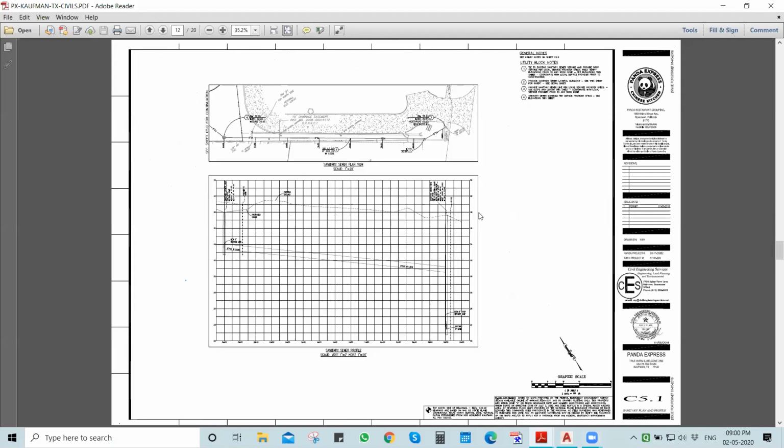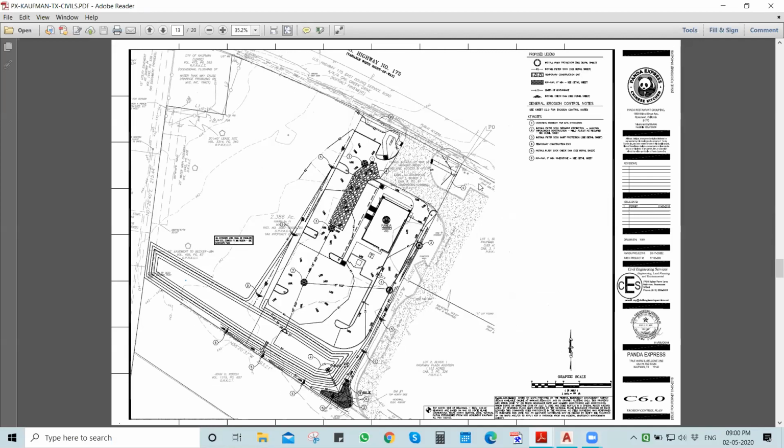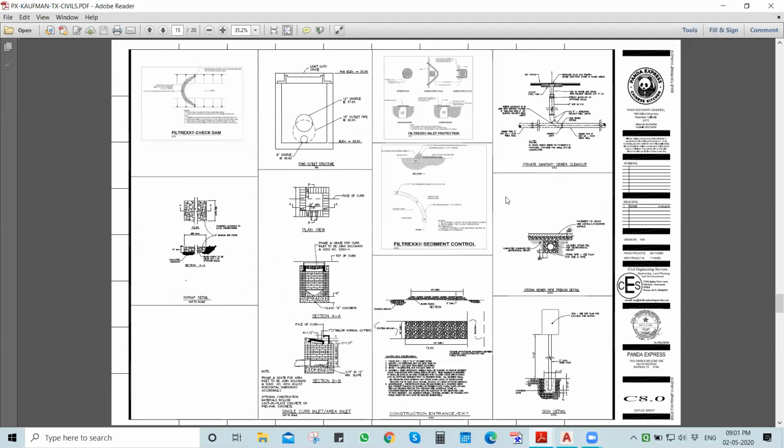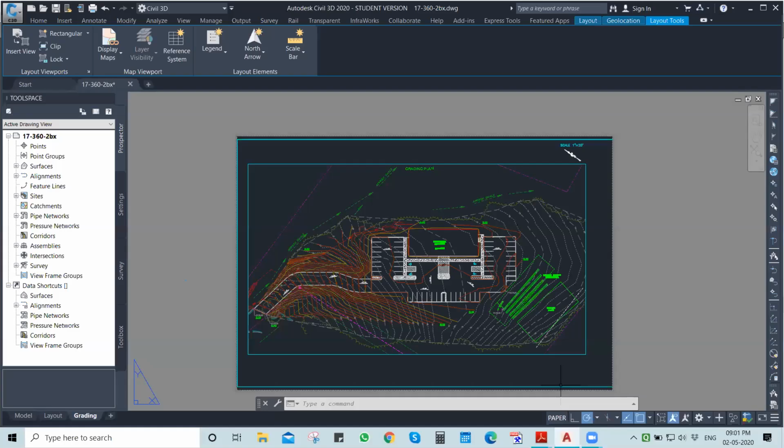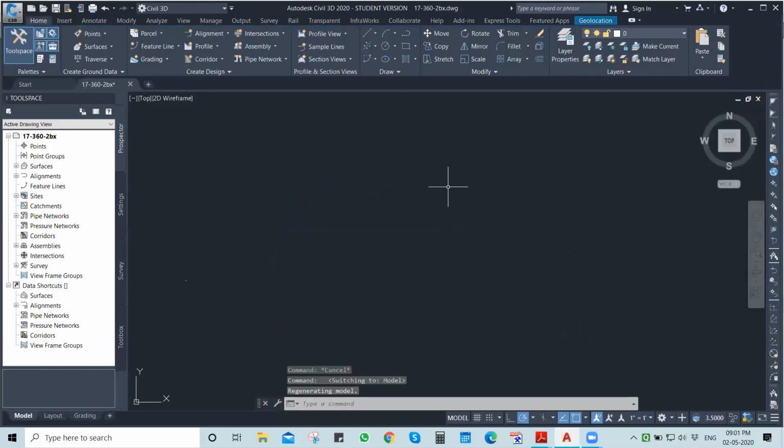So this was a typical example project that I had in PDF format. And now I will be sharing the CAD file with you, a generic user interface. Before showing a CAD example, I would like to go into the model space. So this is the Autodesk product, Autodesk Civil 3D. It actually includes a drafting tab, the AutoCAD 2D tab.